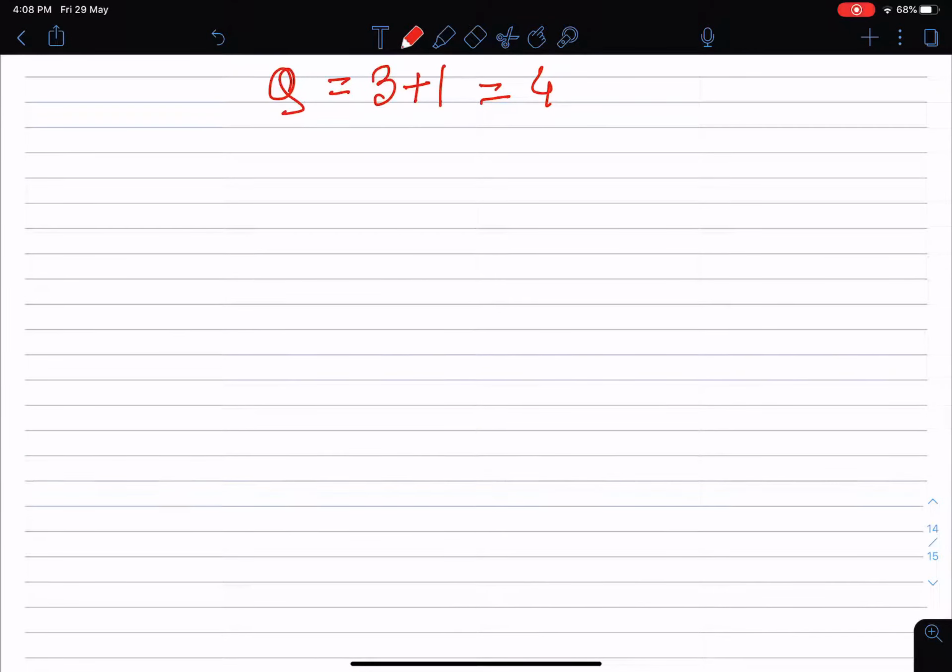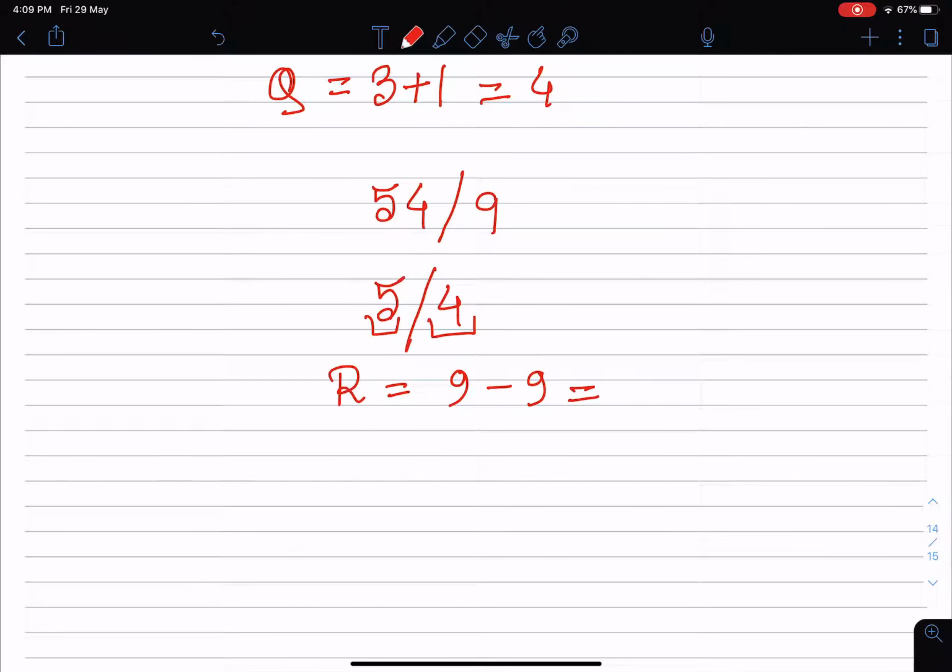Now there's another case. Just think, if we want to divide 54 by 9. Now in this case, what will we find? What will my R be? R will be this plus this, so it will be a full 9. Once we get 9, what do we have to do? We have to subtract 9 from that 9, and the result will be 0. So my R will be equal to 0. There will be no remainder because 54 is completely divisible by 9.